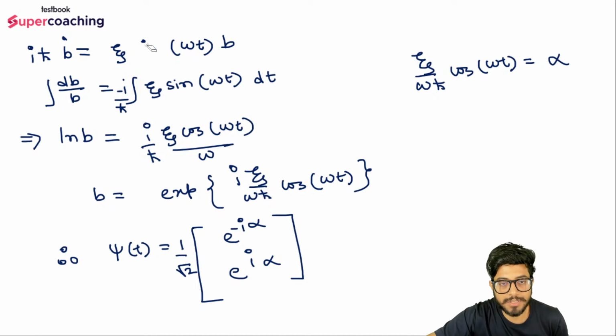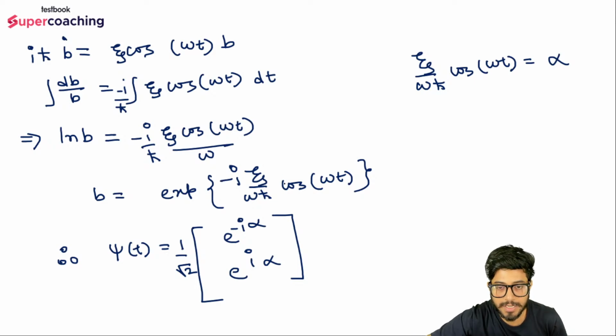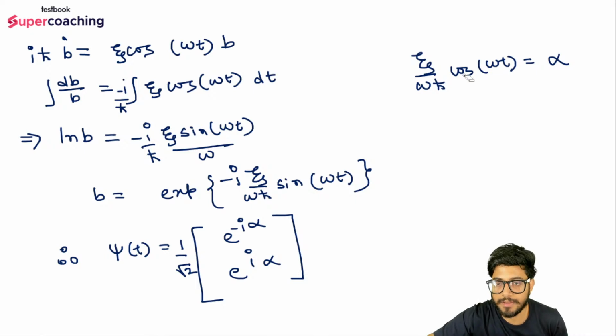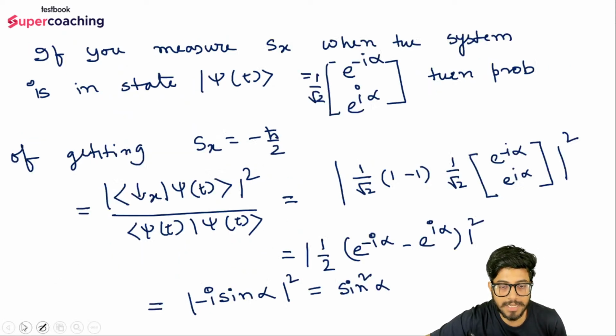Similarly here, it was cos. Again, it was cos. So if you do the integration, it will be minus i by h cut minus cos, then it will be sin. After cos integration, it will be sin. Fine. Then you can write here it's sin. So minus i zeta by this. So A is positive, B is negative. So make it positive. This one is negative. Plus i alpha minus i alpha.